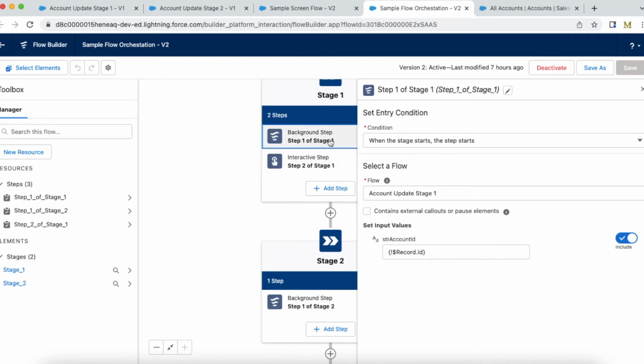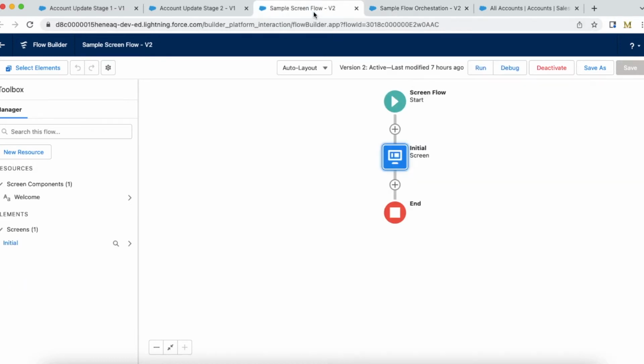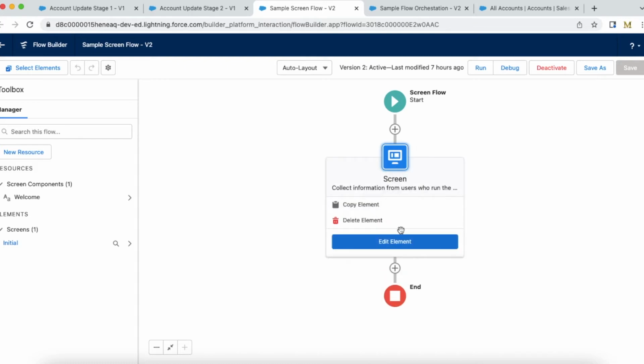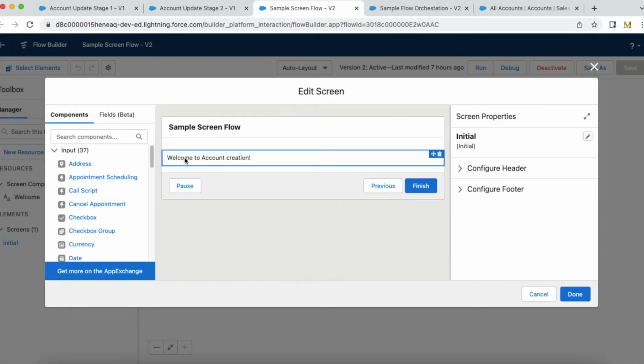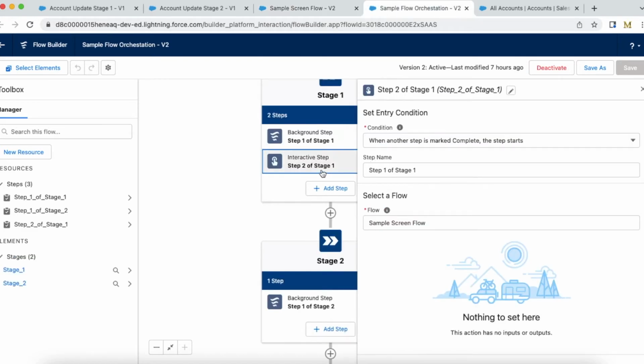After that, once this background step is completed, it will come to the interactive step. In the interactive step, I am calling a flow. It is a sample screen flow. So this is my sample screen flow. In the screen flow, I have a screen called initial screen. Here I am just displaying welcome to account creation. So once the user completes this initial screen, it will go to the end and then it will go to